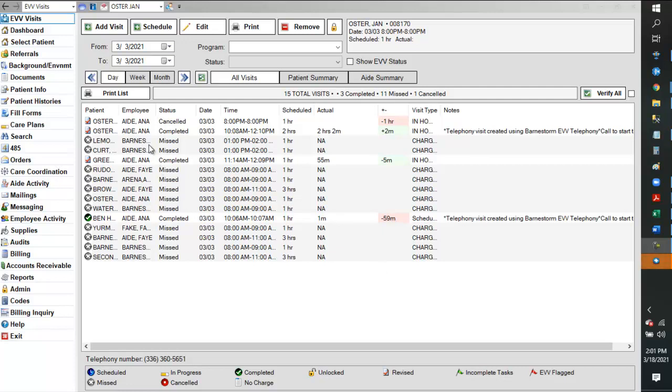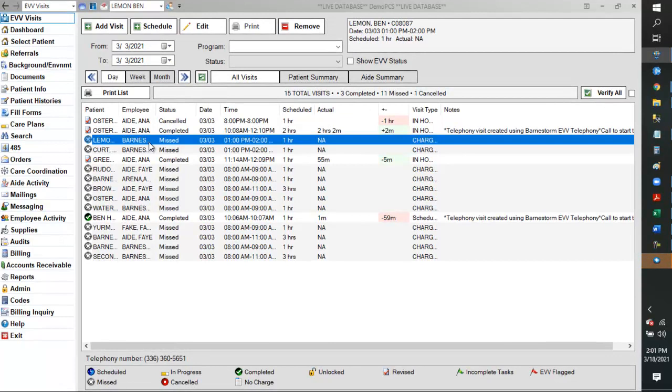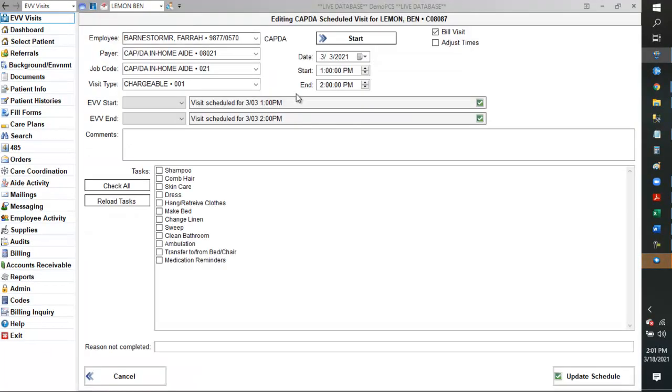I'll show you how to key in the start time and end time on a visit that was not done on EVV. To do that, you will click on the visit. You will click Edit up at the top. In this case, we will go ahead and click on the Start button,